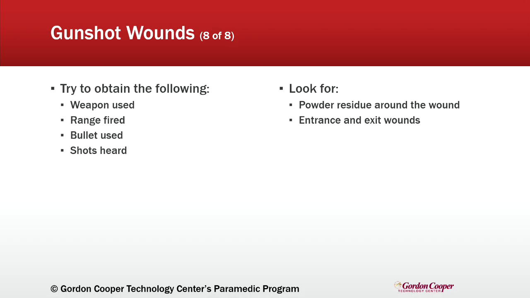Identifying and documenting the entrance and exit wounds is also really important. Whenever you identify an entrance wound, you should immediately look for an exit wound, especially in the chest cavity. If you've got a sucking chest wound for an entrance wound on the front side, you very likely may have one on the back side that you're not seeing. Oftentimes exit wounds, depending on the velocity of the weapon, the higher the velocity, oftentimes the exit wounds are larger